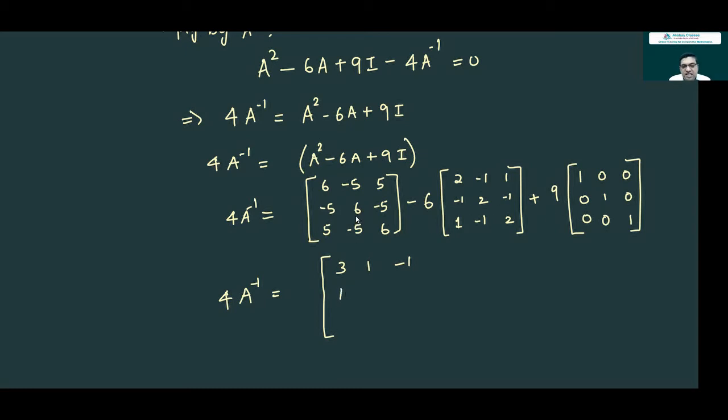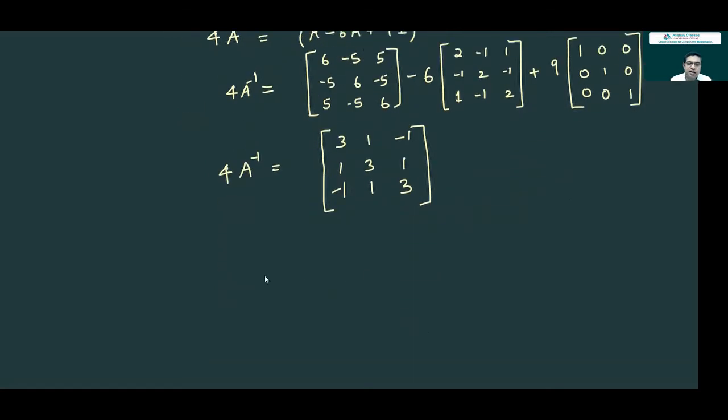Now 6 minus 12 plus 9. So again, the same 3 you get. And then again, here you will get 1 because minus 5 plus 6, 1. Then you get 5 minus 6, minus 1, 1, 3. So A inverse very easily we have found